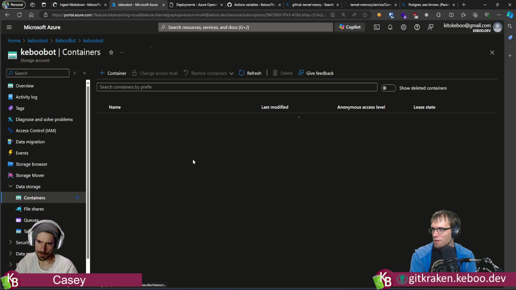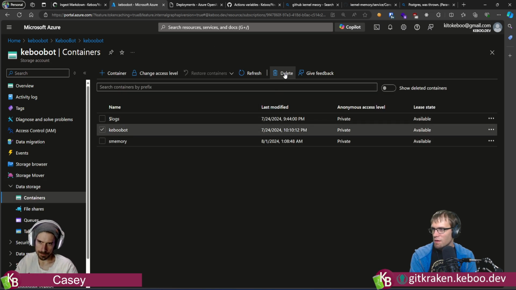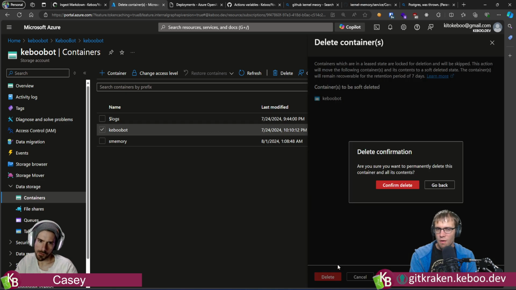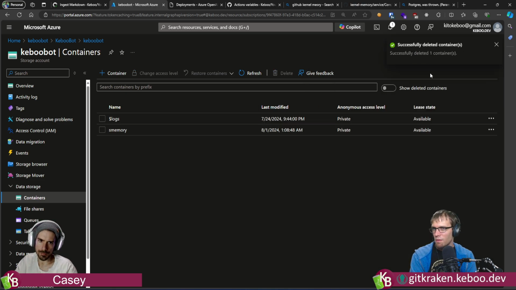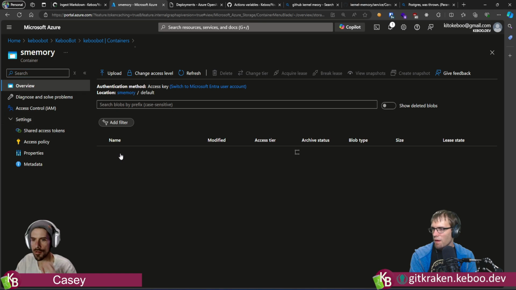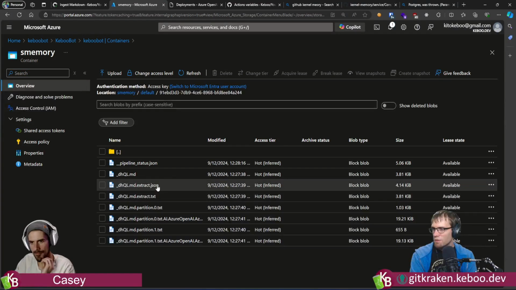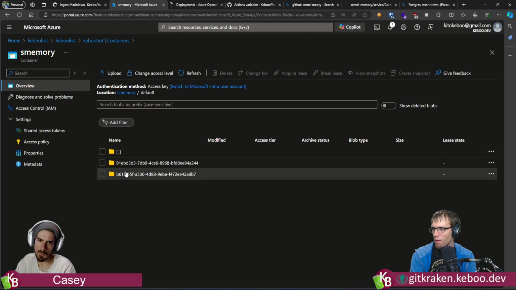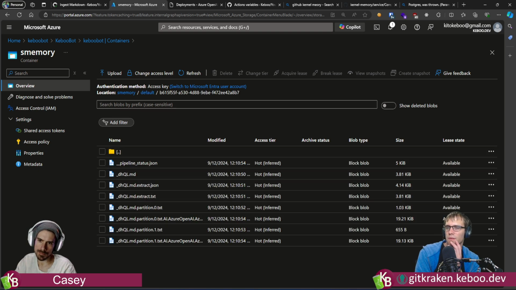Data storage containers. Data storage, yeah. You know, honestly, we should have just thrown away the whole container to begin with. That probably would have nuked everything in it much quicker. Because if this is what came through, I think both of these are going to be identical, because we generate a new document ID with new GUID. So we get a different one in here each time, even though it's the same source data.